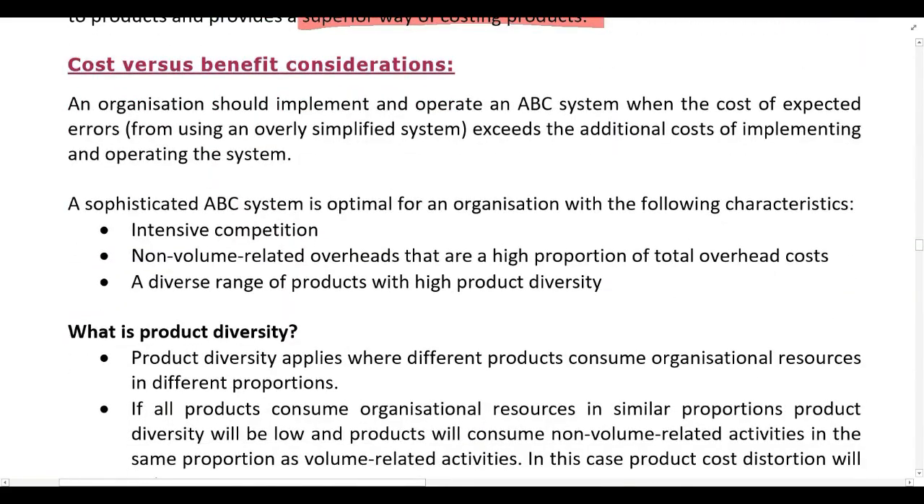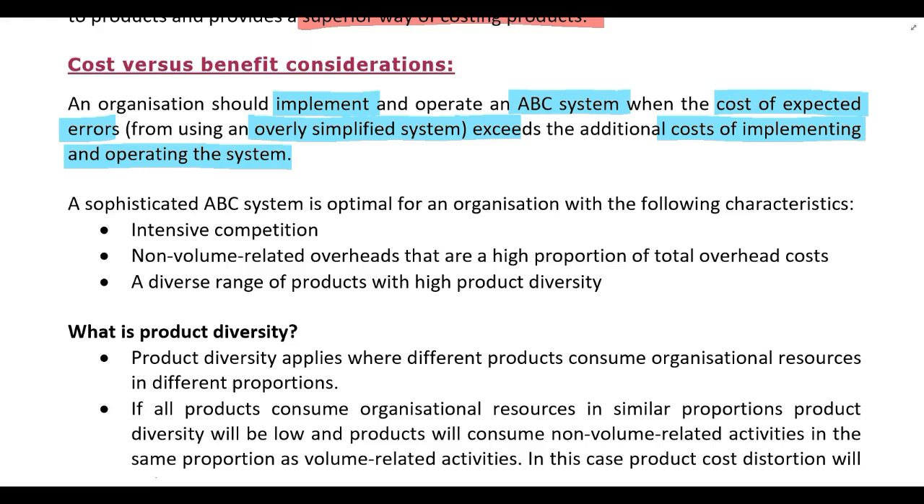However, in management accounting, it's also always important that we only do something if the benefit of doing that exceeds the cost. Okay, so you can see here an organization should only implement and operate an activity-based costing system if the cost of the errors from using an overly simplified system exceed the additional costs of operating the system. Okay, so to put this in a lot more simple English, all I'm trying to say there is you should only use activity-based costing if the benefits